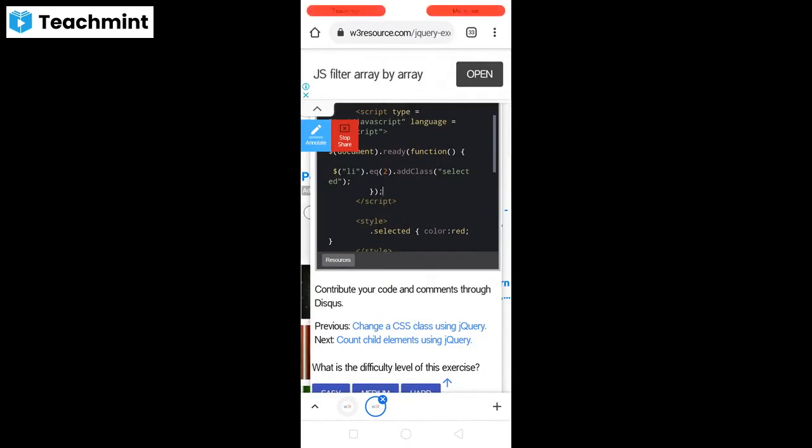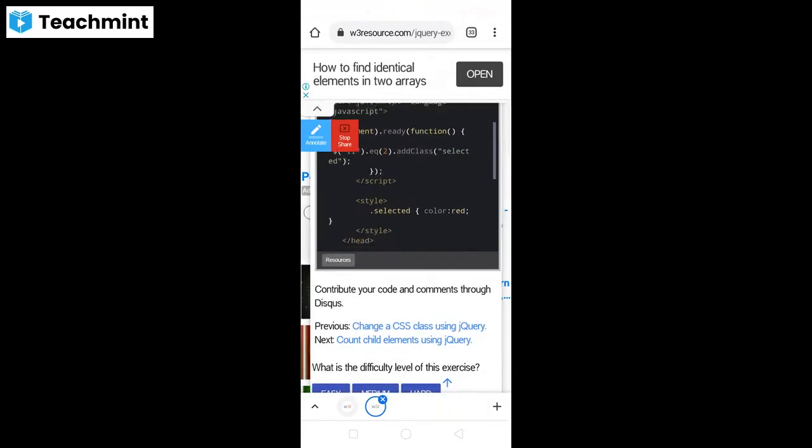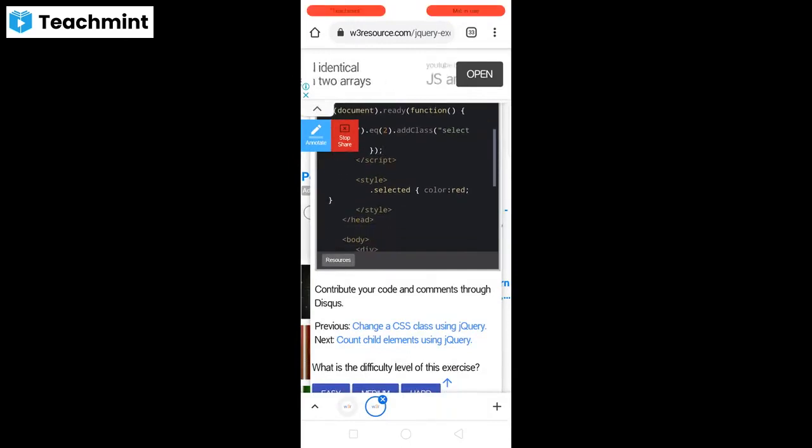So after closing this particular script, again we are going to use a style. So whenever we have selected one of the elements, that needs to be specified in a different manner.